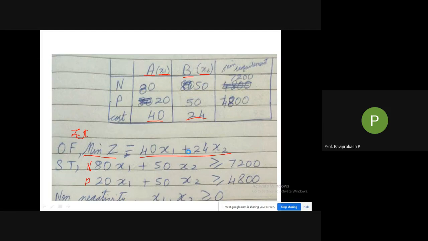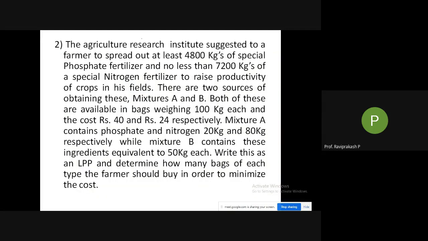Similarly, I'll go back and tell you what is being asked in this case. Here, at least means minimum of, no less than. So a minimum of this much should be added. Minimum means equal to that much or more. Similarly, at least is equal to or more than that. All other things are given.